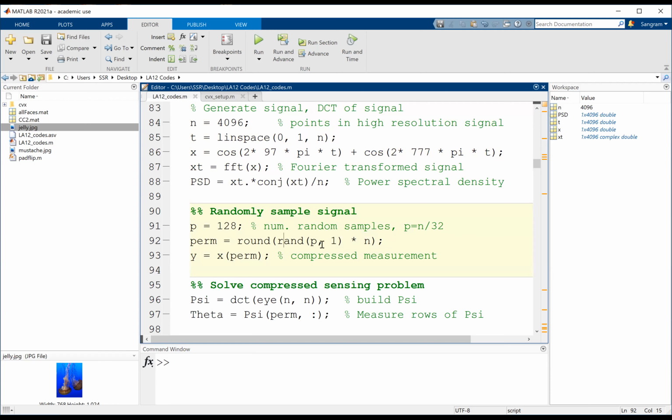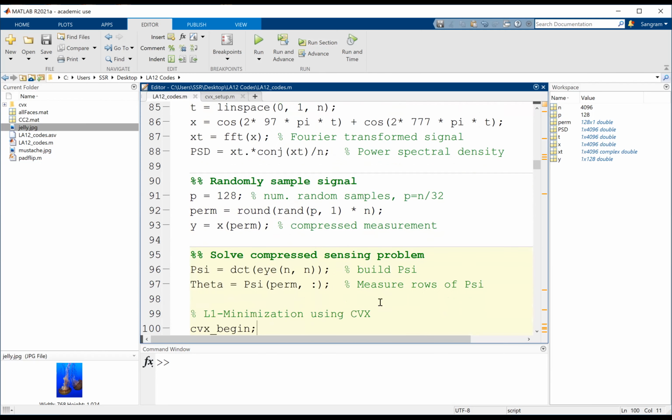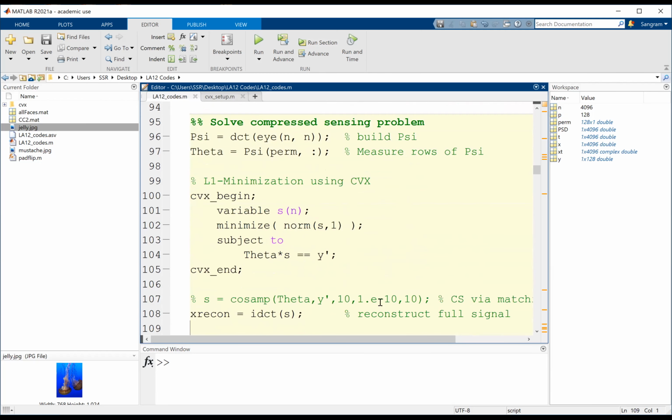Once I do the random sampling, I get this compressed measurement. Then I'm going to solve the compressed sensing problem using the L1 norm that we just showed. Everyone understood this? So run this.